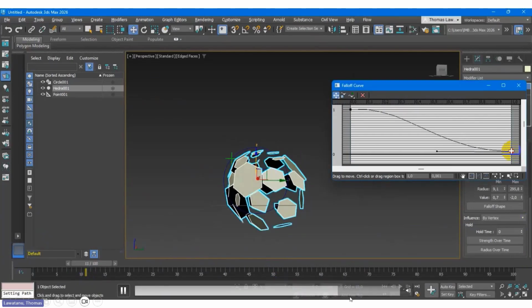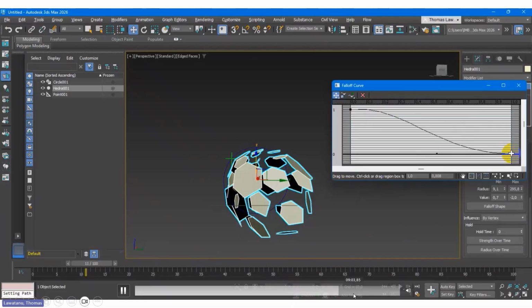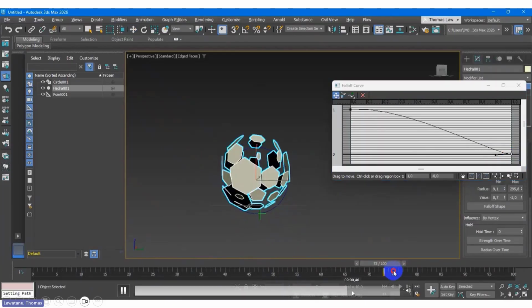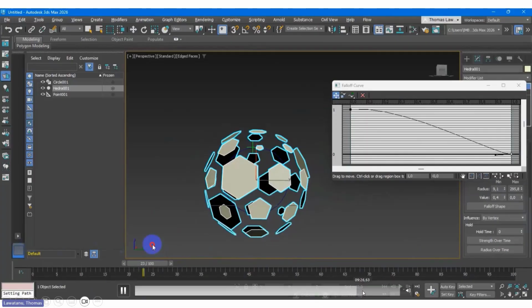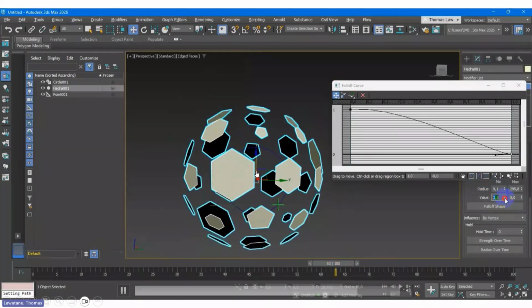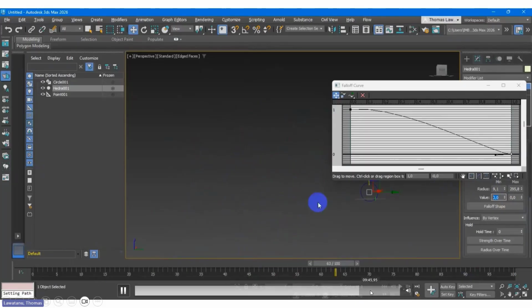Again, we need to see which is the best practice for you, playing around with the curve. I think it's a bit weird, a bit squished. That's why we need to change back to normal.